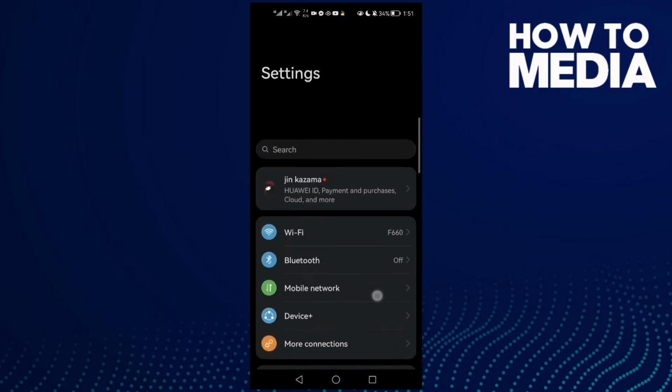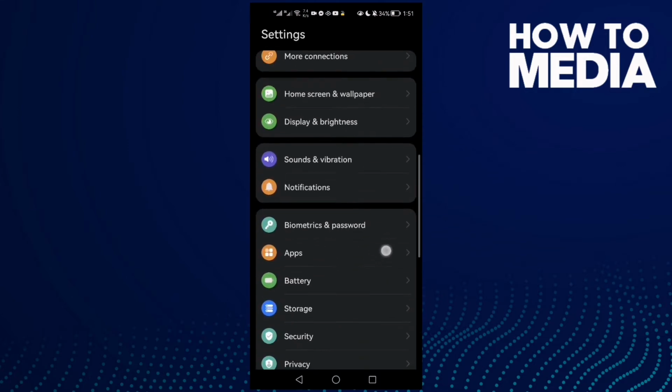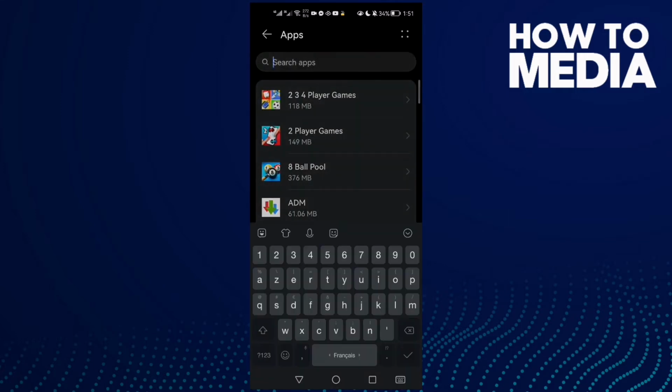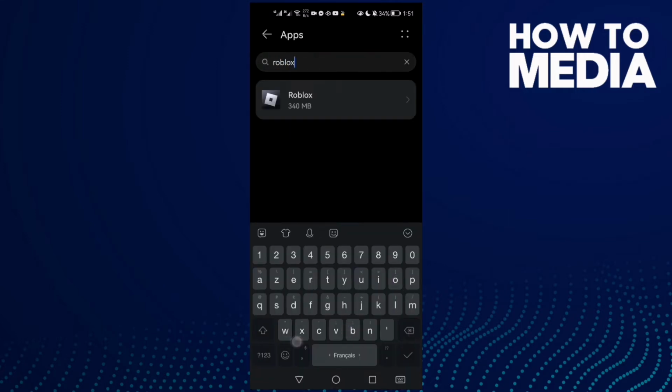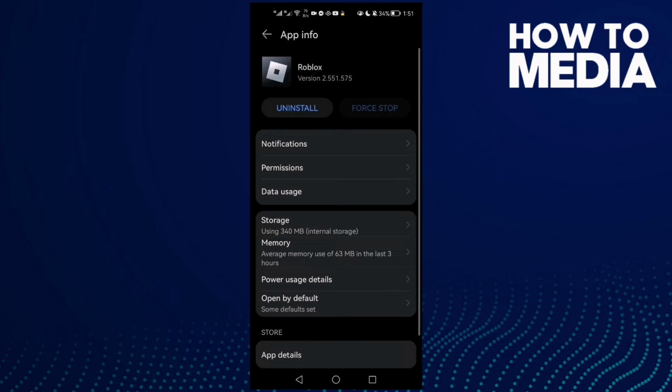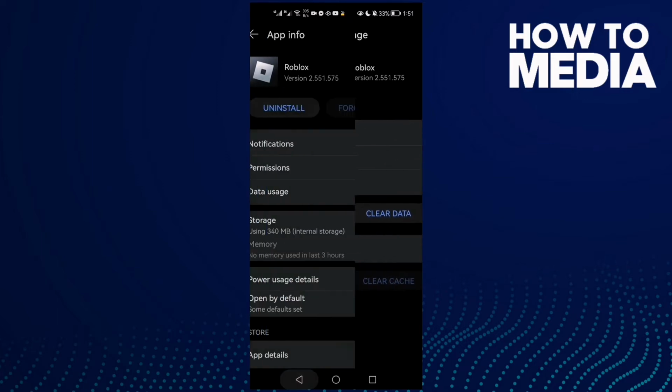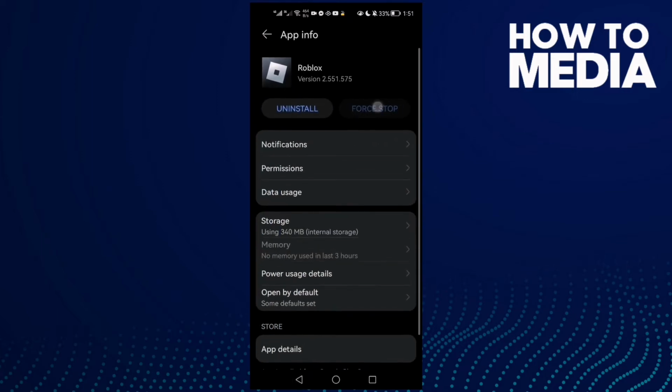First open settings and then scroll all the way down until you find apps, and now click apps again and here type Roblox and then click on it, and first click storage and then click here clear cache, this one here, and then go to this one here